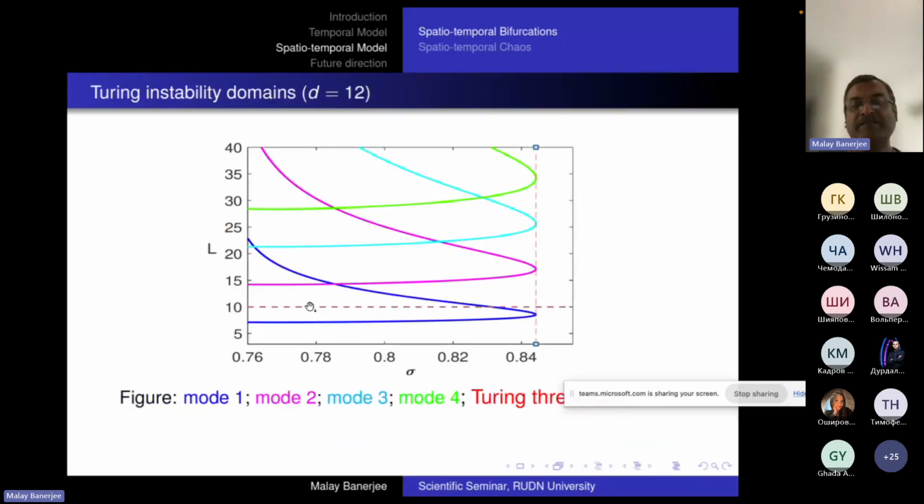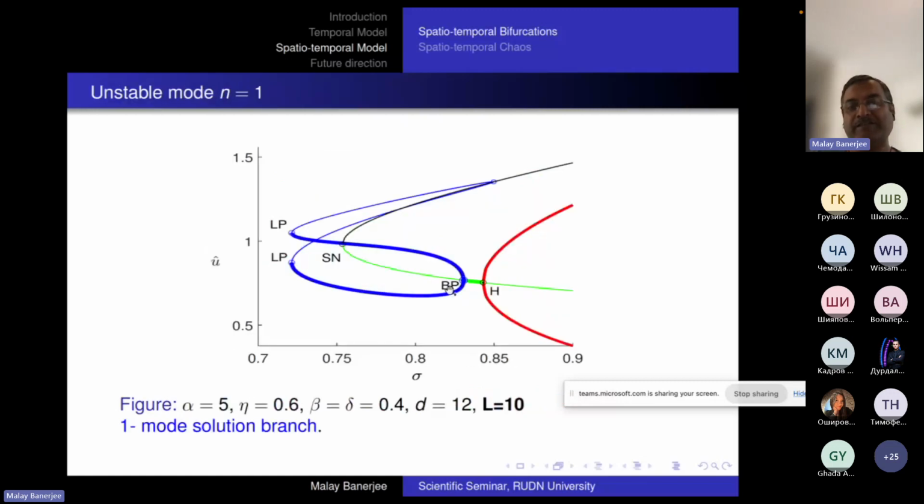Now if we increase the domain size from L equal to 5 to L equal to 10, you can see only one eigenmode is unstable. And now if we look at the spatiotemporal bifurcation structure, from this point the eigenmode 1 pattern exists, and numerical continuation detects that this pattern continues up to this level. You can see that the homogeneous coexistence state exists on the right hand side of this Sn threshold, but this Turing pattern, which was generated around the homogeneous steady state corresponding to the unstable eigenmode 1, continues beyond the existence of the coexistence equilibrium point, and that is why I titled the talk Turing pattern